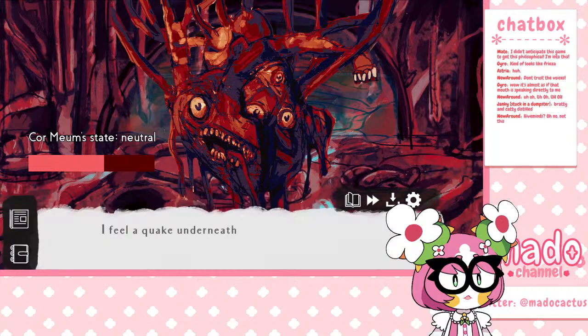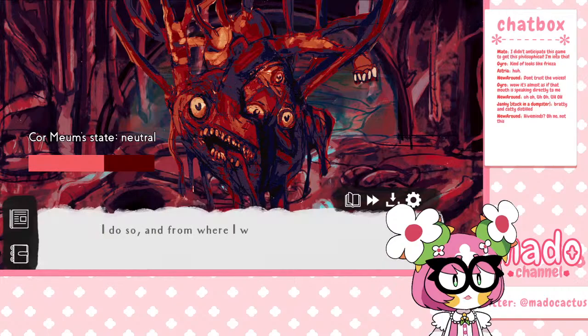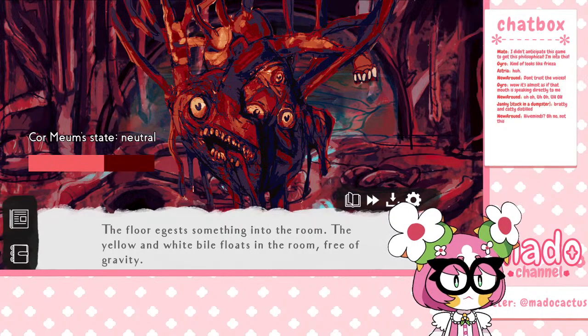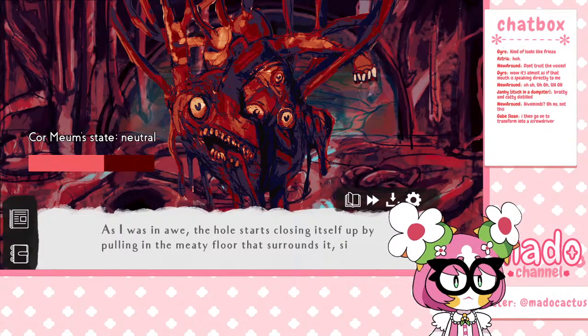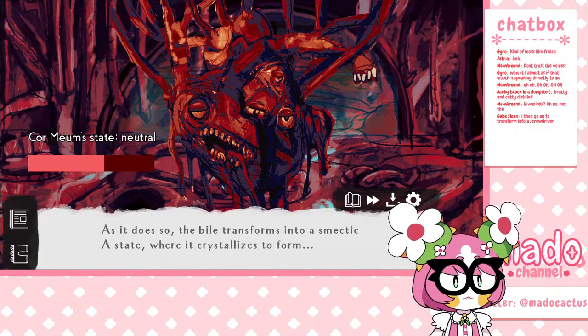Sure. I feel a quake underneath my feet. Please, take a step back. I do so, and from where I once was standing, the floor caves into a hole, which then forms into a mouth-like shape. The floor ejects something into the room. The yellow and white bile floats into the room, free of gravity. As I was in awe, the hole starts closing itself up by pulling in the meaty floor that surrounds it, similar to quicksand. As it does so, the bile transforms into a smectic A state, where it crystallizes to form